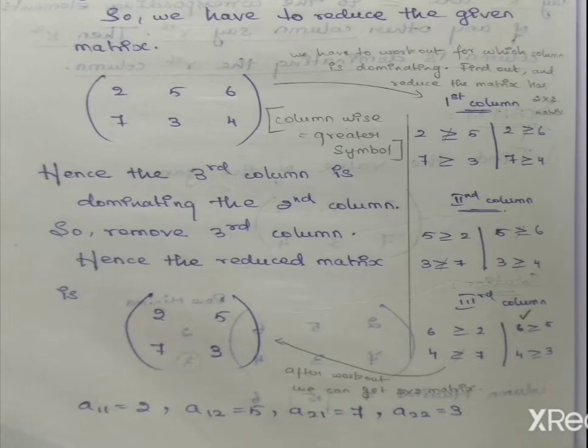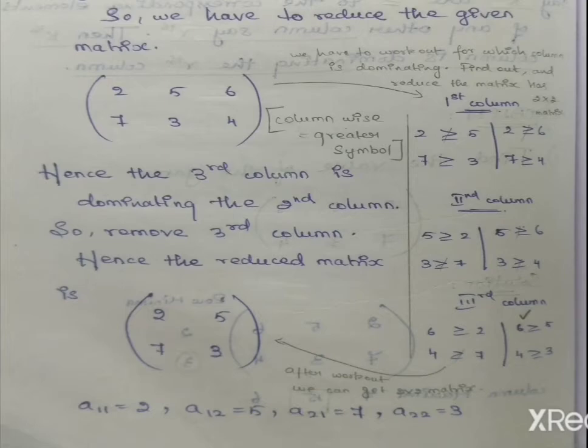So you have to put the greater than or equal to symbol on both sides. First you have to write the second column element, then next we have to write the third column element. Suppose this condition is satisfied, it means you have to reduce the column. Here the first condition is 2 is greater than or equal to 5. This is not satisfied. If only one is satisfied, we can't reduce. Only if both the conditions are satisfied can we reduce the first column.